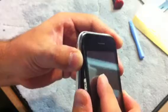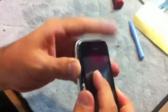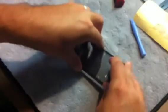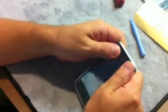And now we can proceed to put the top in first. There's 3 little clips that kind of go in. There's small clips that go in up there. Once those are down, we'll just work our way to the front. Push that down. Alright. Once that's pushed down,